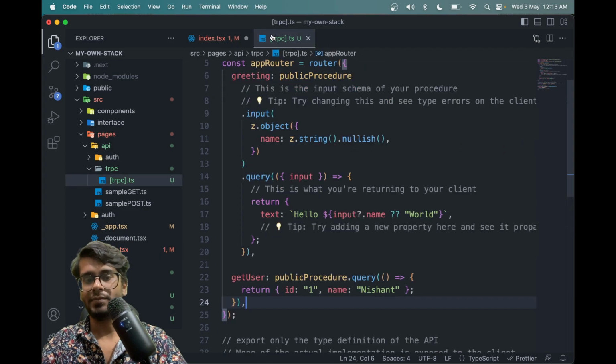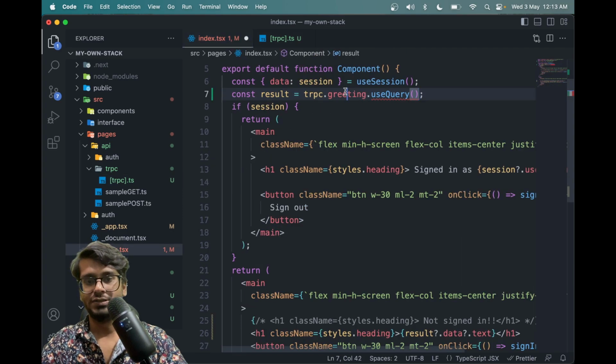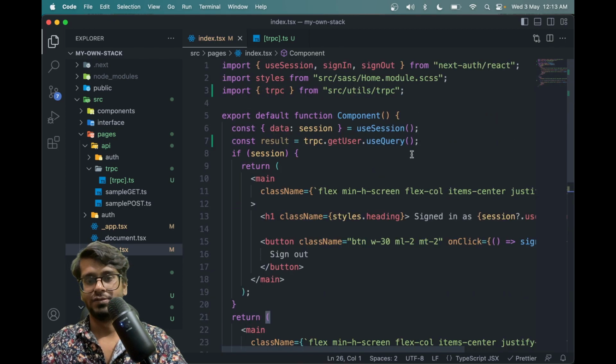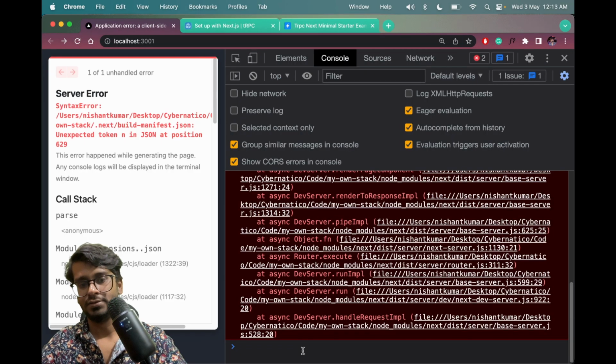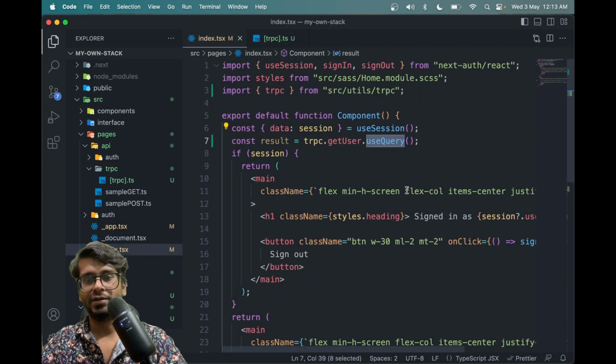Okay, because here useQuery is getting a param, which is this input. So instead we can use this get user. Then we can remove this and let's see what happens. So get user dot useQuery. Now let's see. Okay, unexpected token at this place. Okay, what we can do is,